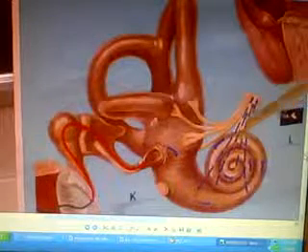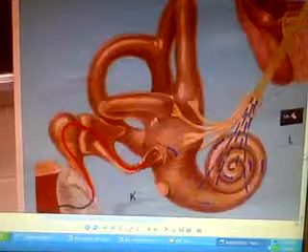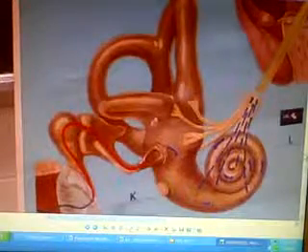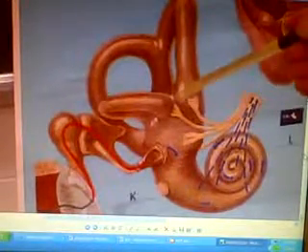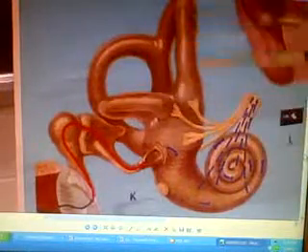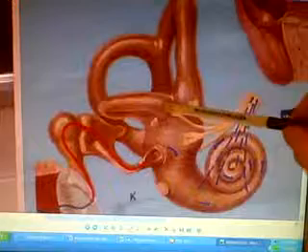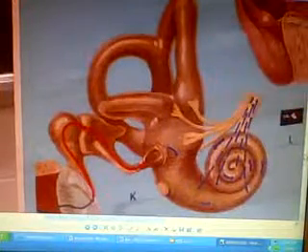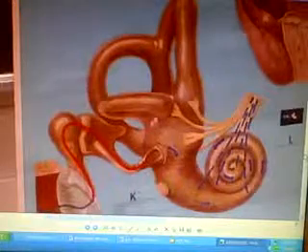Coming off the cochlea we have the cochlea nerves. Once the cochlea nerves and the vestibule nerves join into one, it's the vestibulocochlear nerve. Next we have these rings, which are called the semicircular canals. And another term we need to know is the membranous labyrinth, which I will show you